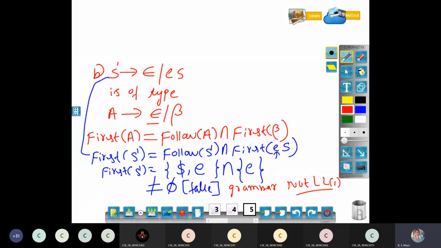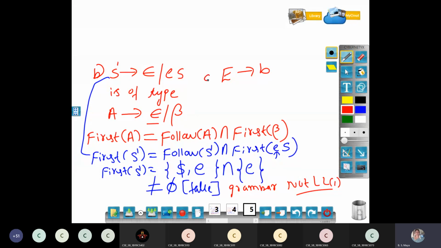We have two productions, right? Go back to your previous class, the same problem. Check your predictive parsing table. On input E, you have two productions. Yes or no? Yes, ma'am. Then there also the grammar is not LL1. You write the conclusion. Here also, without using the table, I am writing the conclusion: because the condition is false for the second production, the grammar is not LL1.